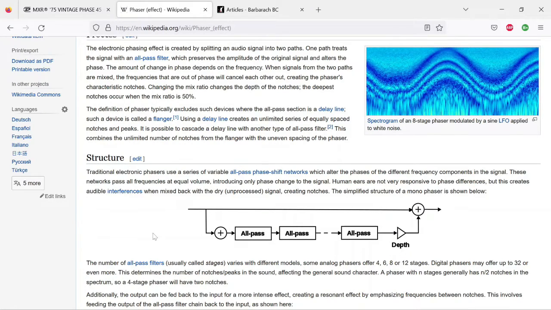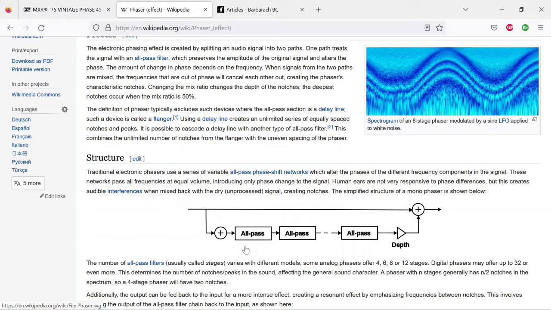It doesn't amplify or attenuate the signal, it just shifts the phase. This is one of those networks, and we'll call it a stage. That stage doesn't really affect the sound on its own, because humans really can't hear that